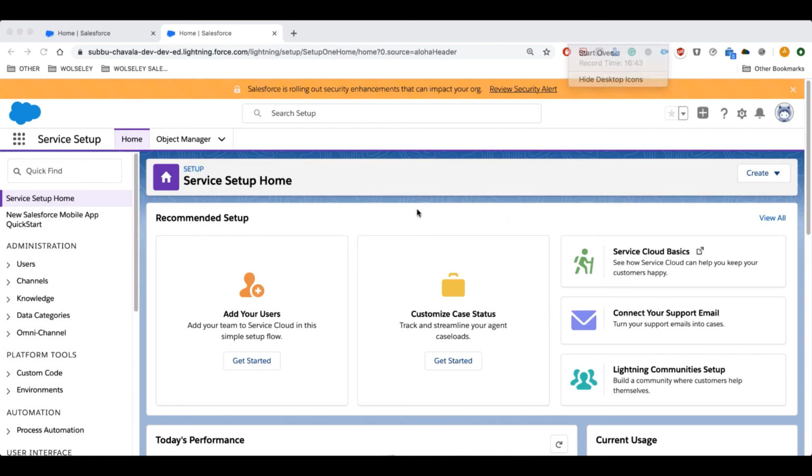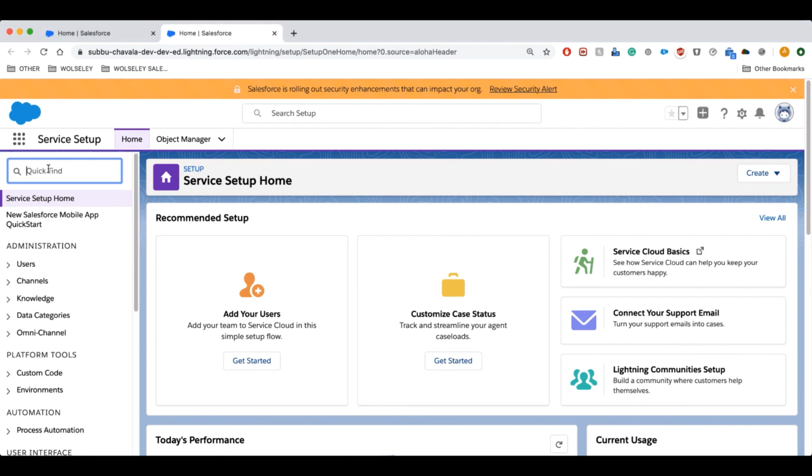Now we are going to see how to create a Web2 case form. The Web2 case form is used to automate the capture of customer issues and to pre-populate case fields with details customers enter. Salesforce generates Web2 case forms as HTML, which you can add to any website. Optionally, you can modify the code with an HTML editor to match the styling of the web form to your usual branding. What is the navigation for that?